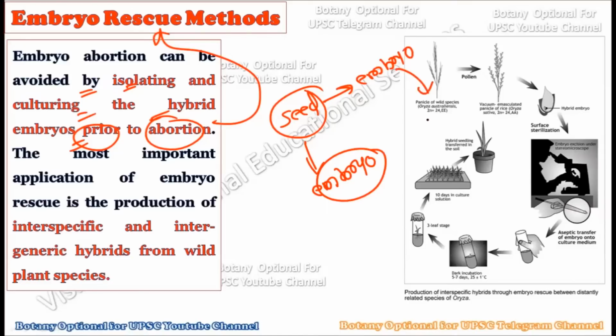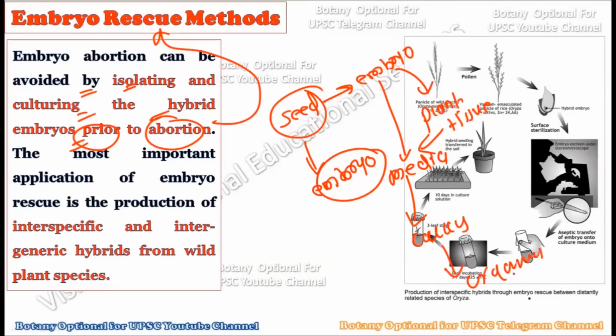So if the seed is going to fail, extract its embryo, and once the embryo is extracted, it can be planted in the plant tissue culture laboratory. There we know the whole process: we create the media, we place the explant, that is the embryo, on the media, then there will be the formation of callus, and out of this callus there will be organogenesis, that is, different organs will be formed, and finally plantlets will be created.